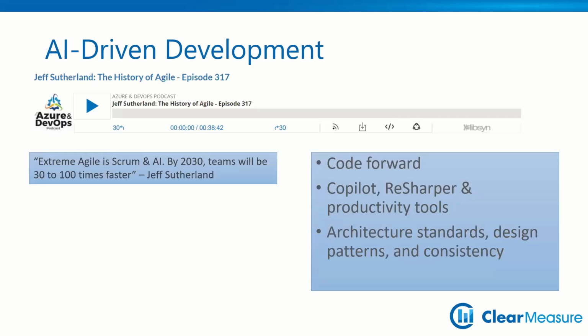Because if we're gonna delegate to the computer and the computer is gonna make a change on a feature branch, we need the answer to that question, the unequivocal, factual answer to that question, so that we don't merge a feature branch that hoses up our master branch. That's important. So we have to figure out the architectural standards, the design patterns, the absolute consistency,